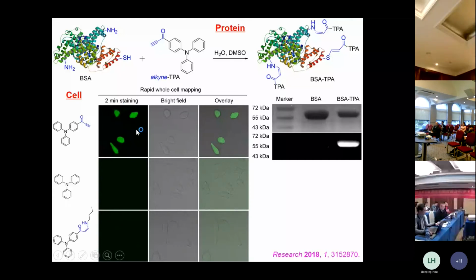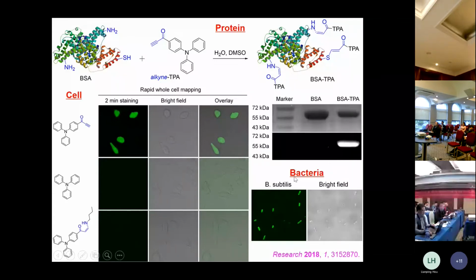And we can do the same thing to bacteria. You can see this bacteria. After you mix our AIE gene with bacteria, the bacteria now become emissive. So this will enable you to see, first of all, whether inside the body there's some pathogenic bacteria, and secondly, you will know the location, and thirdly, you can monitor how it moves inside the body, right? So this makes life much easier.